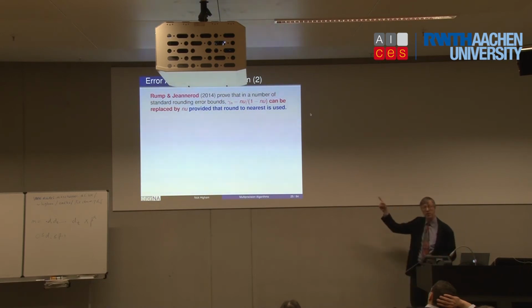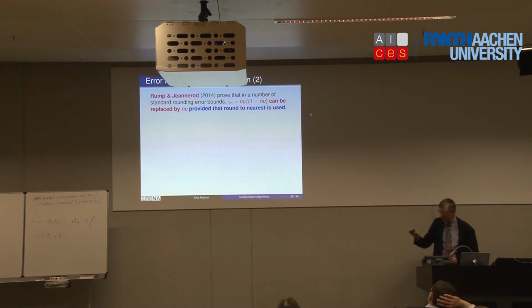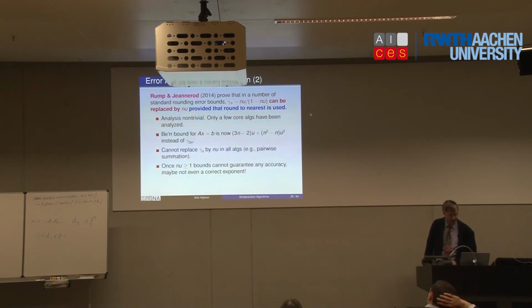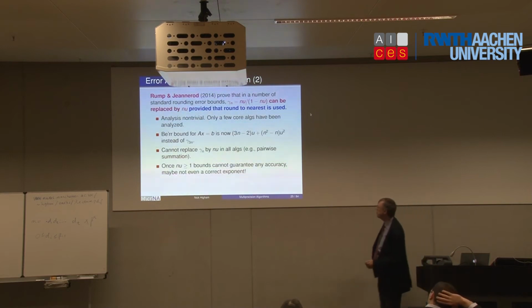And the way they prove that is by the thing I mentioned earlier. They're using more than just the model. They are fully exploiting the nature of the rounding in the addition, the subtraction, and so on. And the proofs are long and, to me, quite hard. So they managed to get rid of that requirement. So the analysis is non-trivial.